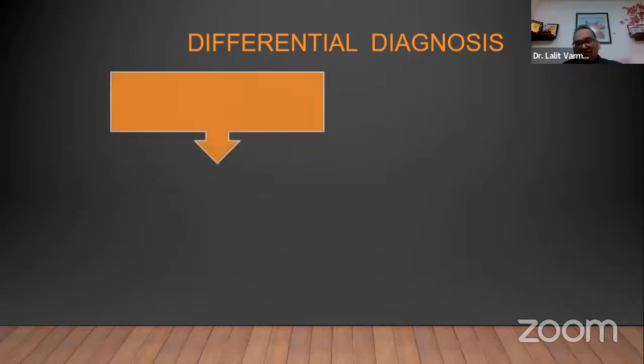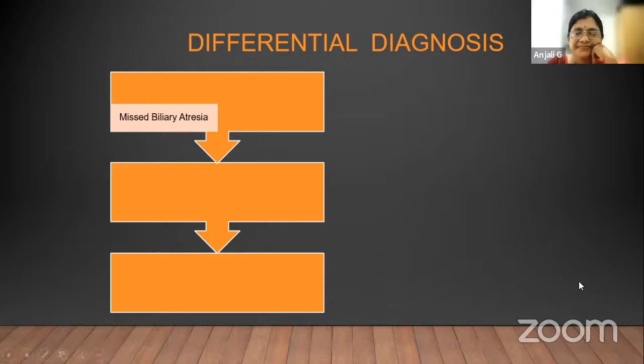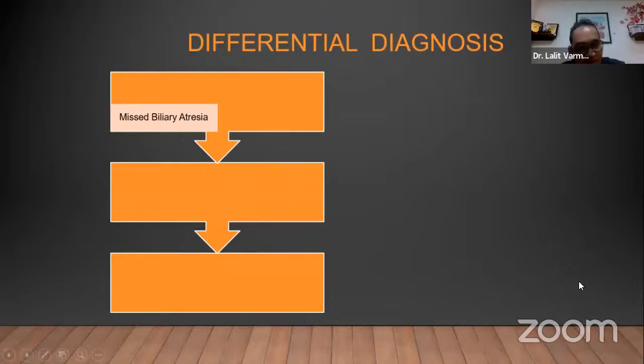So the differential here, why I did those tests, will be here. Let's start. Did we miss a biliary atresia? What do we think? Yes, could be. Okay, perfect. It can present late because, most of the time, by the time these biliary atresia patients present, when they come from interior areas, nobody tells them that they have to go and get a Kasai done. It can be missed.